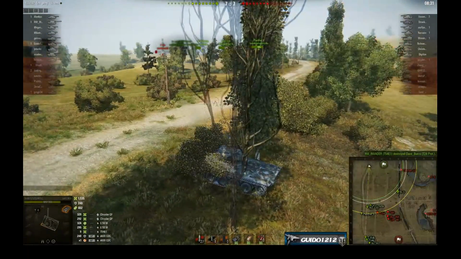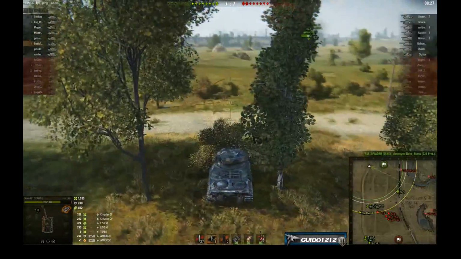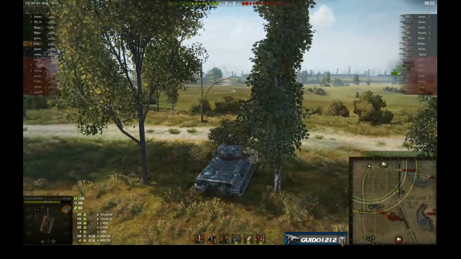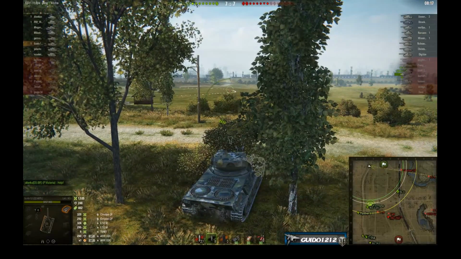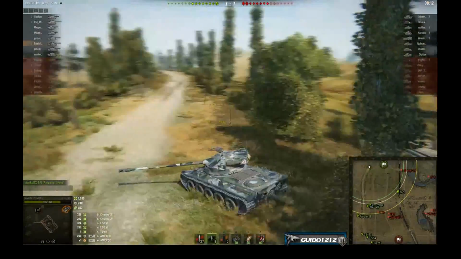You can see our team is still picking away. The enemy team is down on the bowl, but they're using that ridge. We've got our guys on the ridge. They've got that big Object 268 back there, and unaccounted for is the AMX E75, or E50, sorry, and the IS-3. So there are 4 tanks still that are on that side who could either be going back or coming